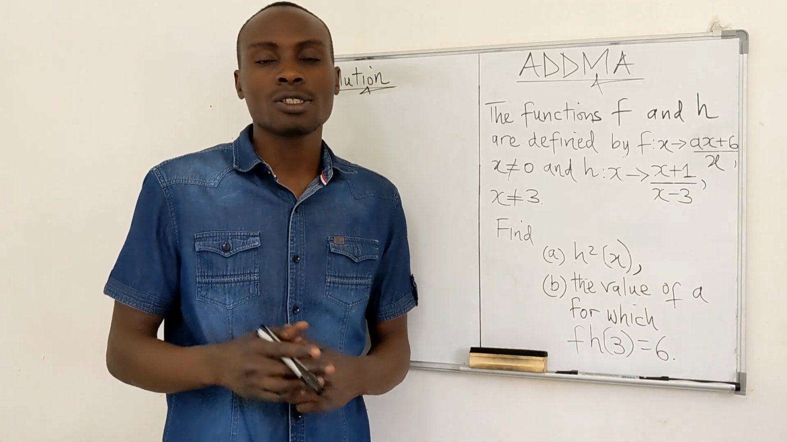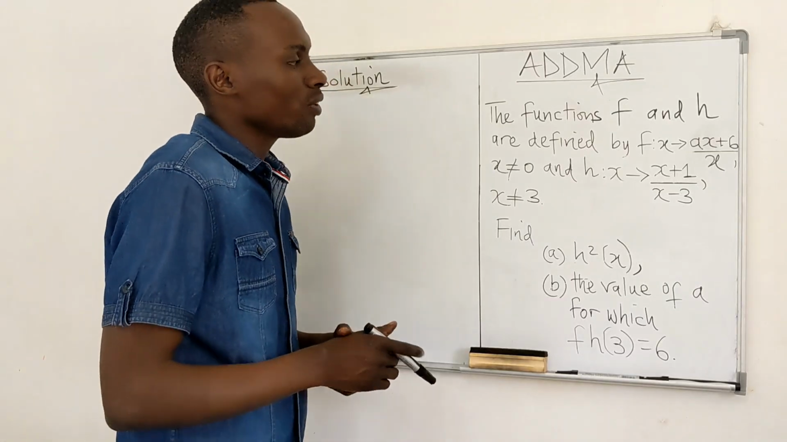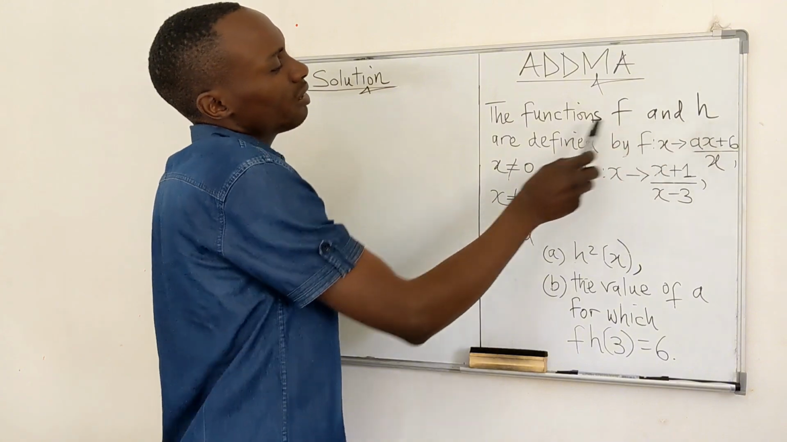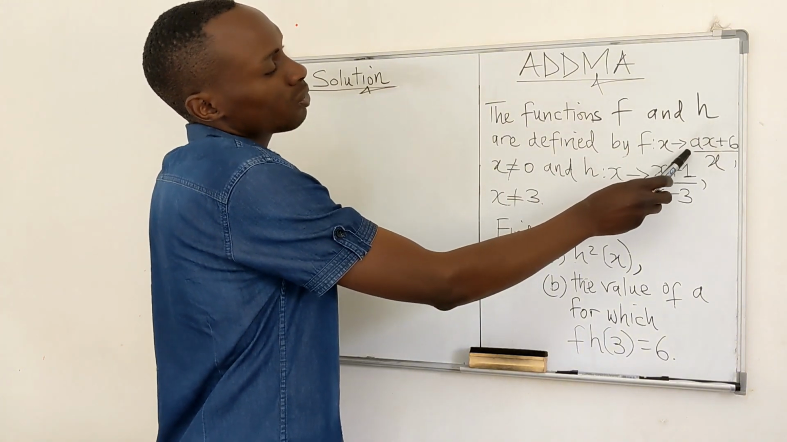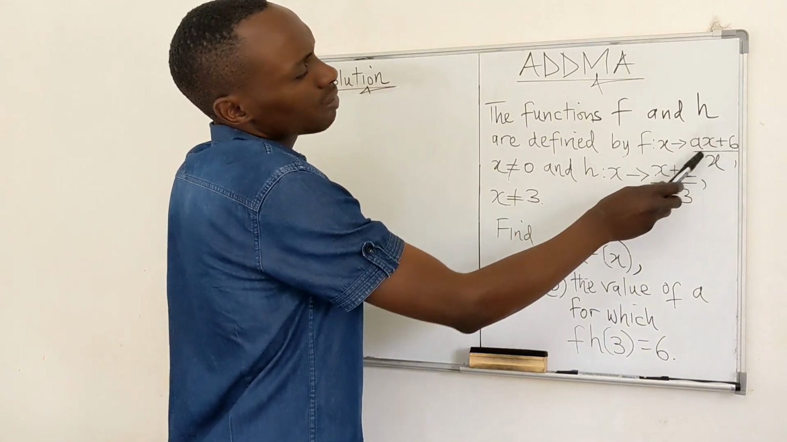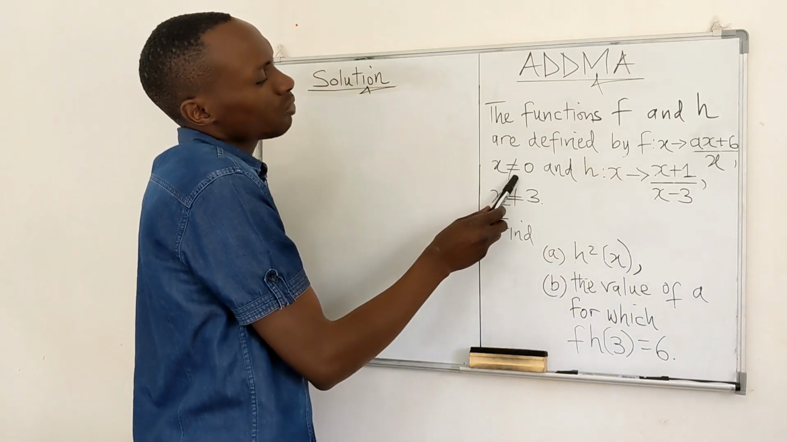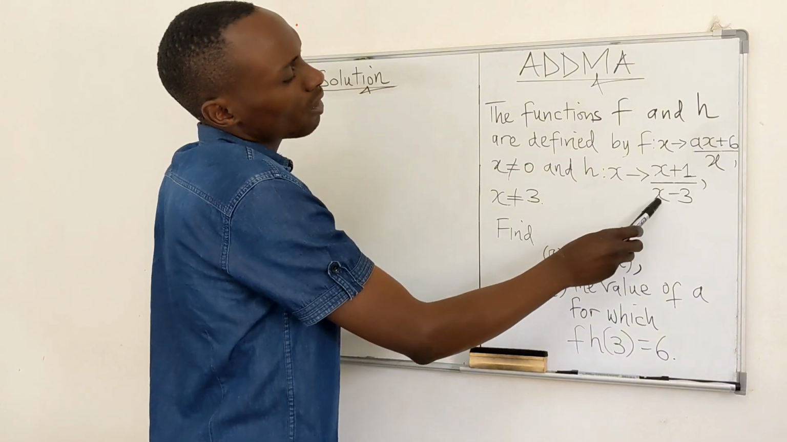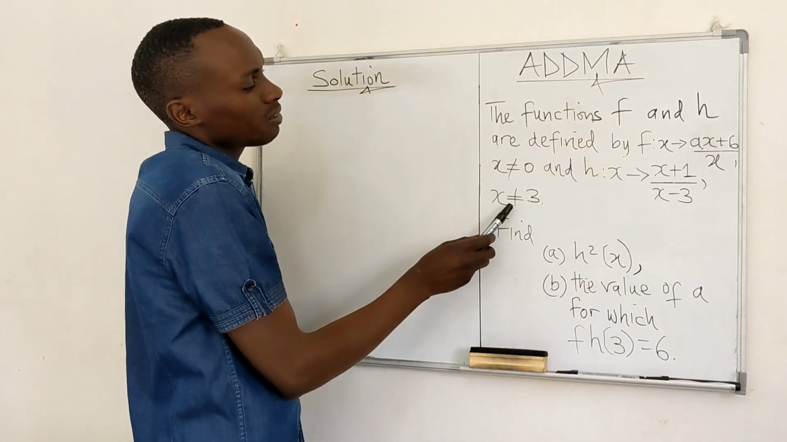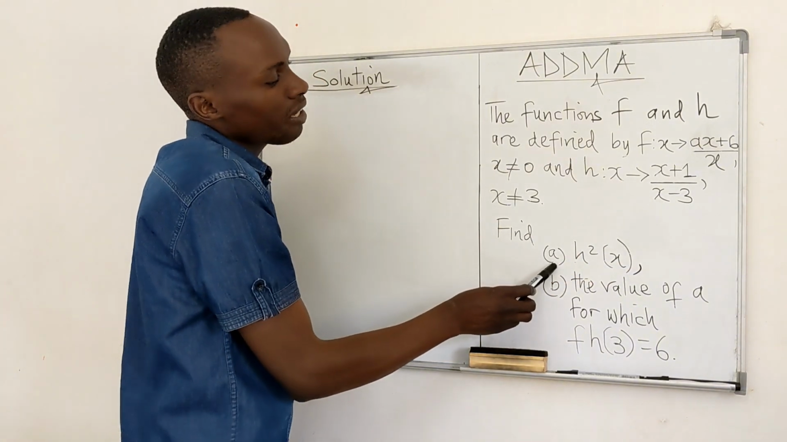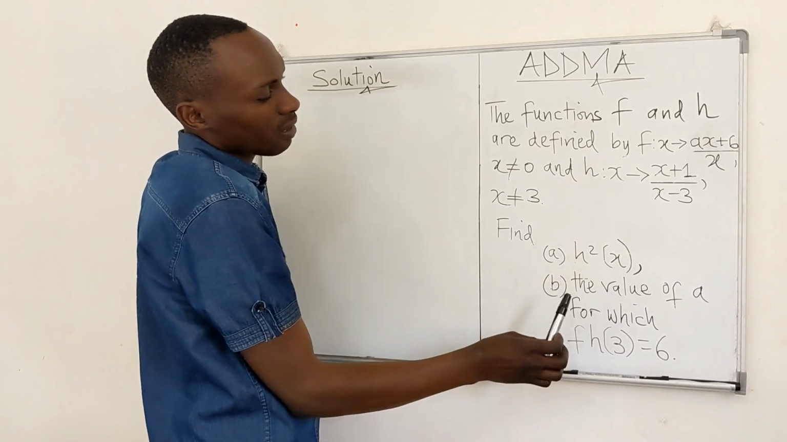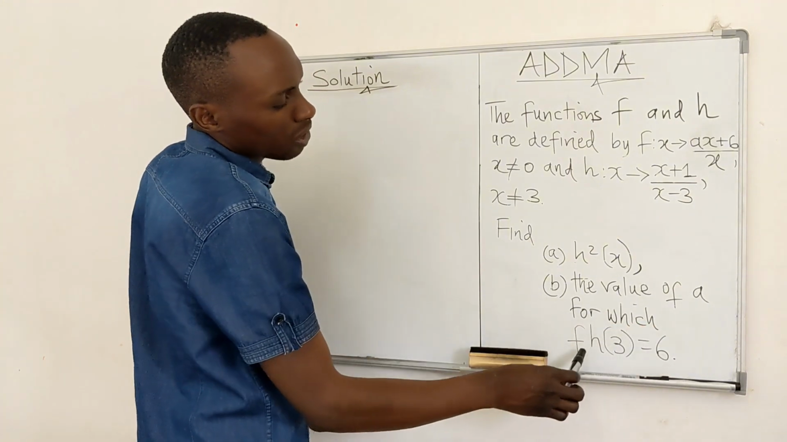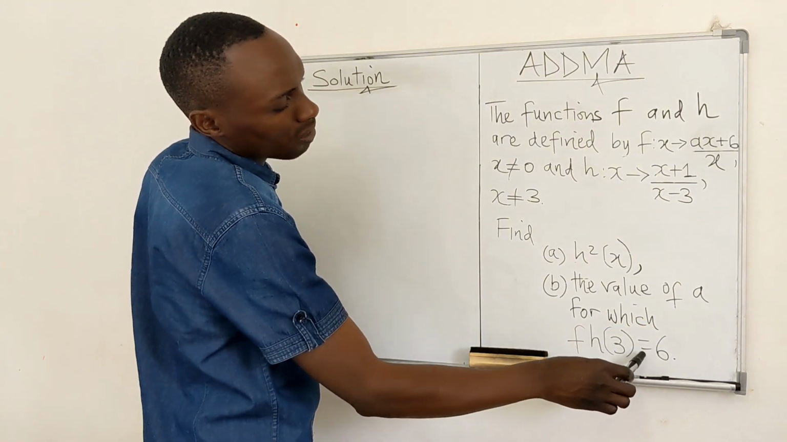In this video, I want us to look at this question on functions. The question reads: the functions f and h are defined by f(x) = ax + 6/x, where x is not equal to 0, and h(x) = (x + 1)/(x - 3), where x is not equal to 3. Find (a) h squared of x, then (b) the value of a for which fh(3) is equal to